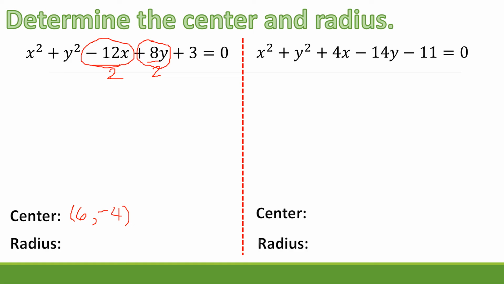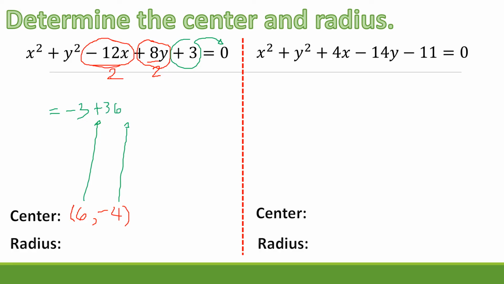So how about for the radius? For the radius, here are the steps. Step 1, we transpose the constant term, which is positive 3 here, to the other side of the equation. So that positive 3 now will become negative 3. After doing that, you add the two values coming from the squares of the coordinates of our center. We do have here 6. So 6 times 6 is 36. So we add 36. Then